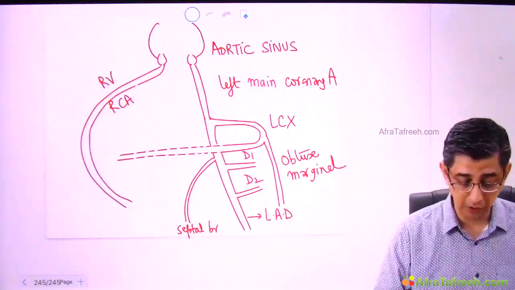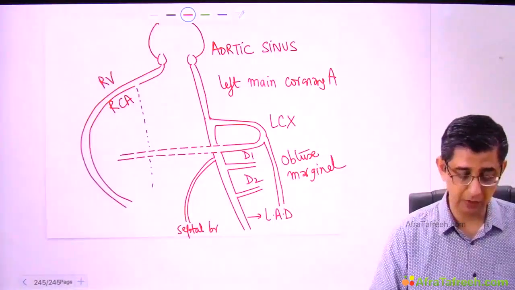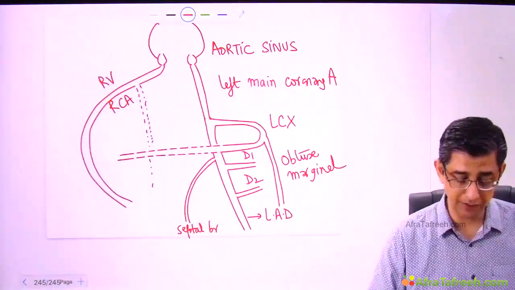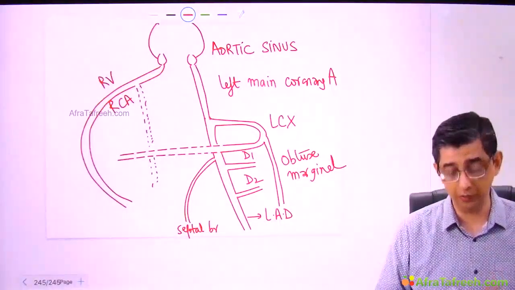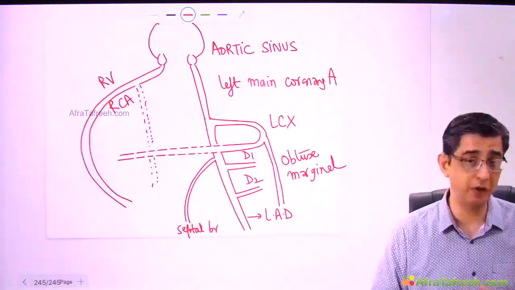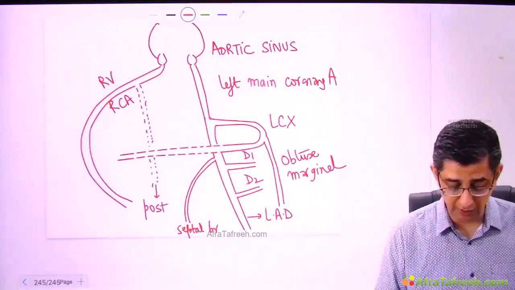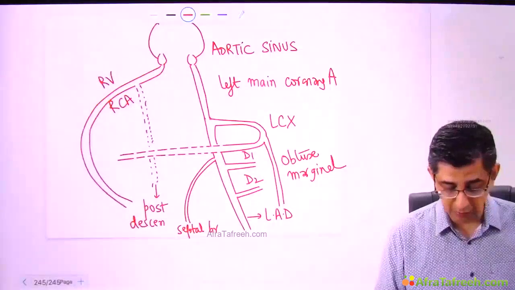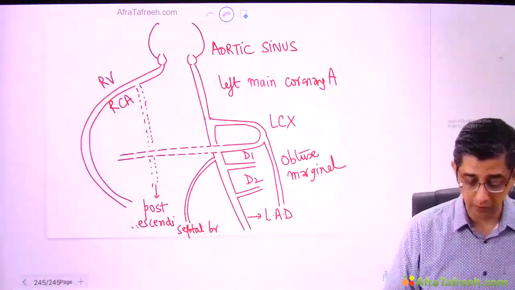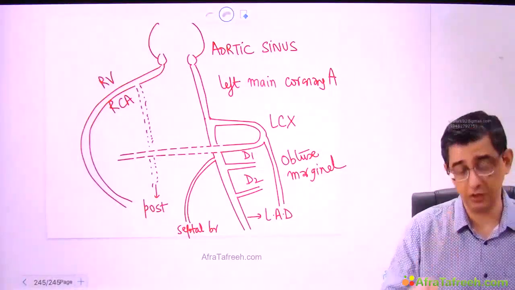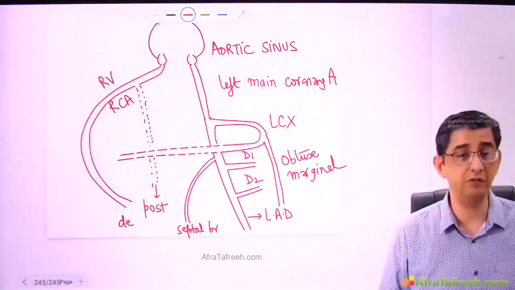I am now showing a branch which is running posteriorly. You can see that there are two blood vessels on the posterior surface of the heart. So I'm really not worried, in the sense that even if one gets blocked, the other one will still be like an elder brother taking care of the area supplied by the one that has been blocked. This blood vessel that I've currently marked is called the posterior descending artery, and it is easy to remember from the exam perspective. If they ask which blood vessel is involved in posterior wall myocardial infarction, remember earlier I was teaching you posterior wall myocardial infarction, and the special leads you will be using are V7, V8 and V9.